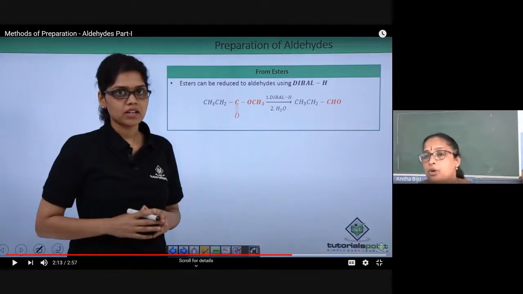In the previous case, the number of carbon atoms in reactants and products was the same, so that's why we could say corresponding aldehyde. But here, the number of carbon atoms is not the same. In fact, it is less compared to that of the ester. So you can simply write this second significance, and you can also write an example reaction.